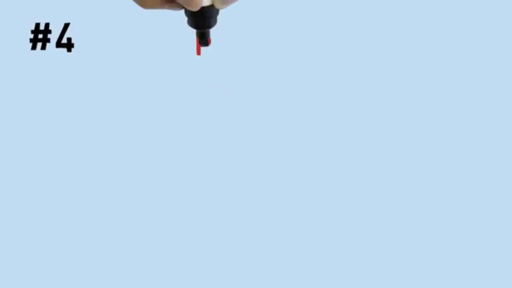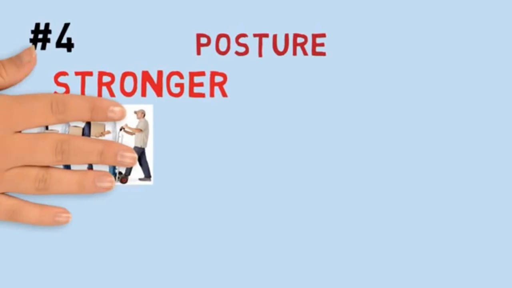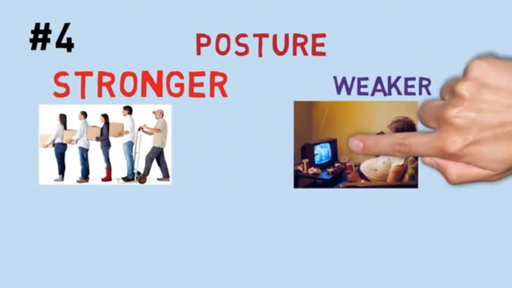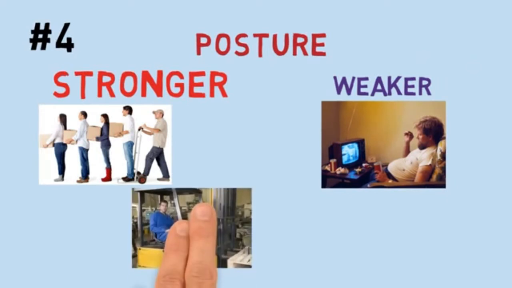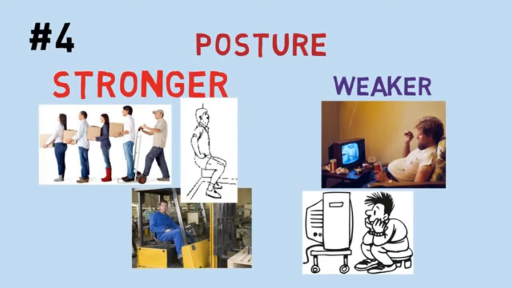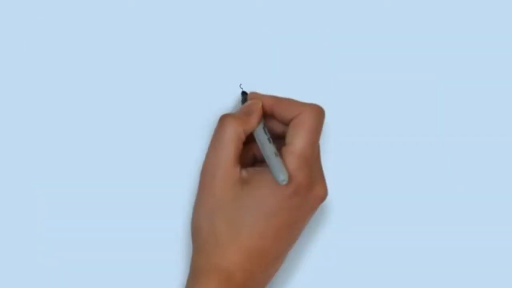Number 4, posture. Always keep your back as straight as you can. Slouching or curling your spine weakens the spine and all its support structures. When you are sitting down, tighten your stomach muscles to keep you from slouching. Center your head between your shoulders and don't let it hang forward. Practice keeping your chin up. This will help you center your head.